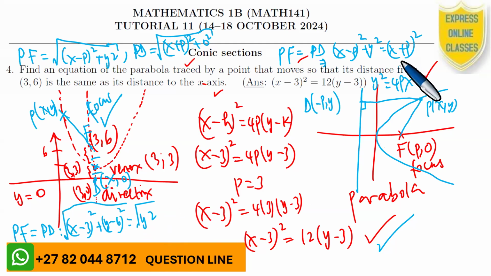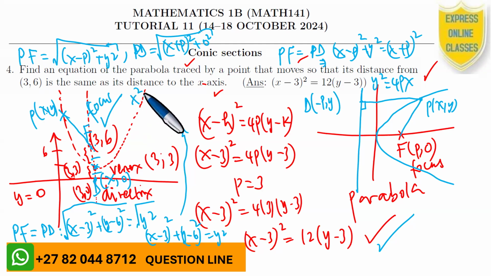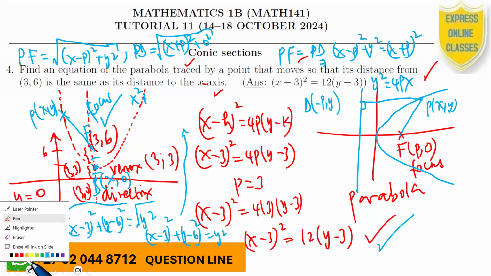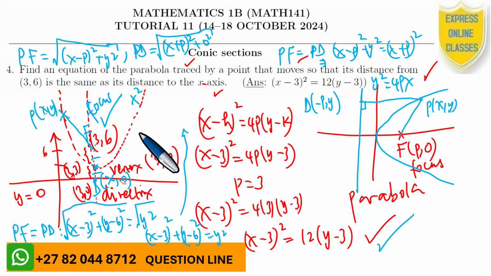Like we have done here, so it's going to be x minus 3 squared plus y minus 6 squared, which is equal to y squared. If you square both sides, x squared minus 6x plus 9 plus y squared